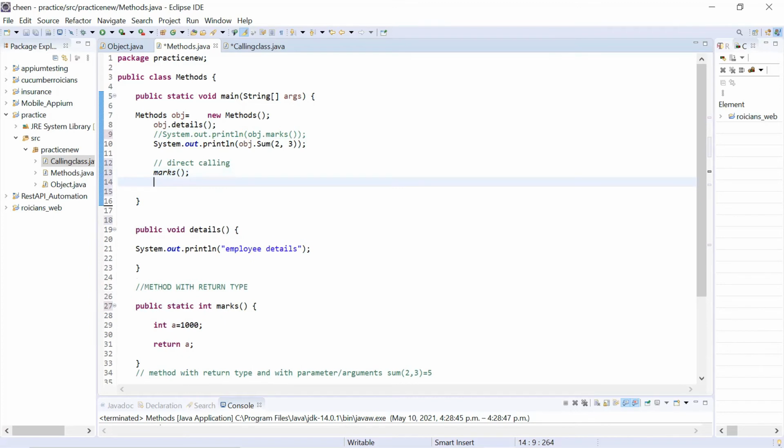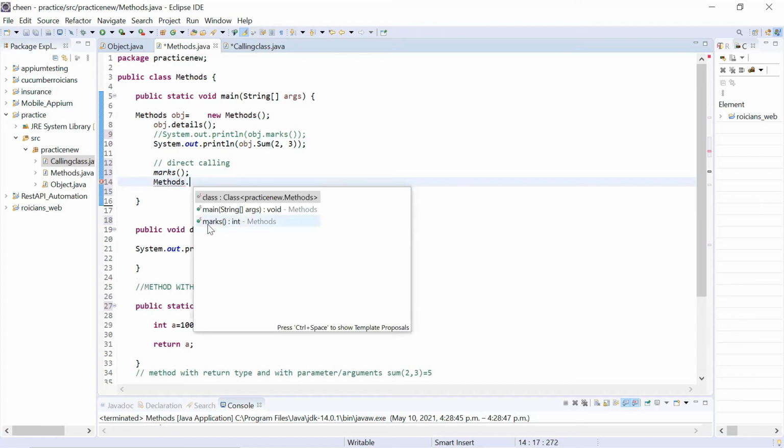Second thing you can do is call it with class name. Now here my class name is methods. Instead of creating its reference, I can directly write name of the class dot, and look at this. I'm getting marks, which is my static method here. But you won't find any non-static methods here.